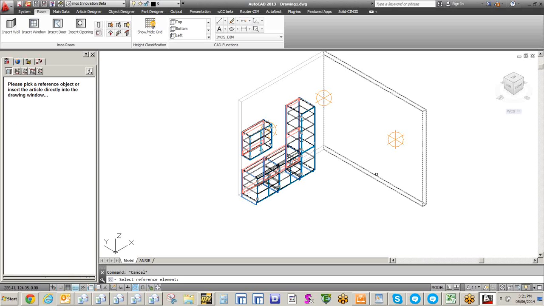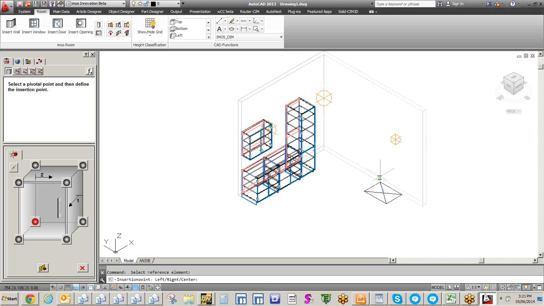For example, here's a two-door, one-drawer cabinet. This time I'm going to select a wall that I might want to place on the opposite side. Notice that the original snap position was in the back, left, rear, which was great working with the other wall, but in this case that would be a little bit more difficult. Of course, I could eyeball it to get it close, or I could know distances and things,